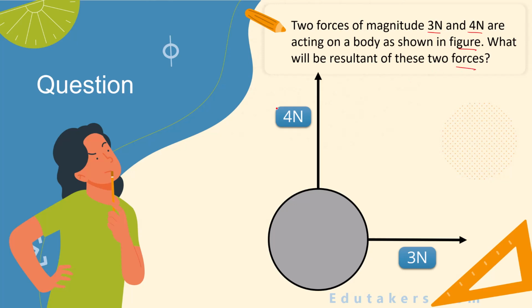So you know that force is a vector quantity. So here the forces are given. One force of magnitude 3 Newton while the other is 4 Newton. And the direction is also shown here for both of these forces by this arrowhead. Now you need to find out the resultant of both of these forces. Again, we will use the first method, which is the graphical method.